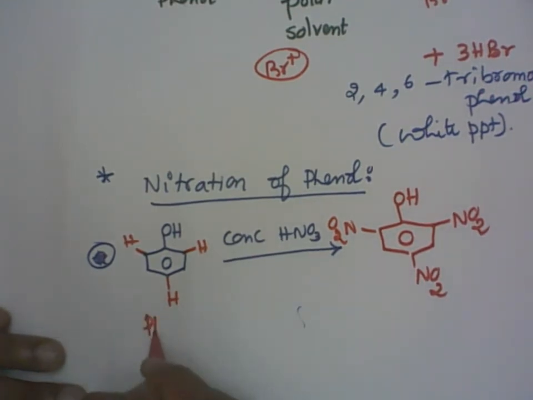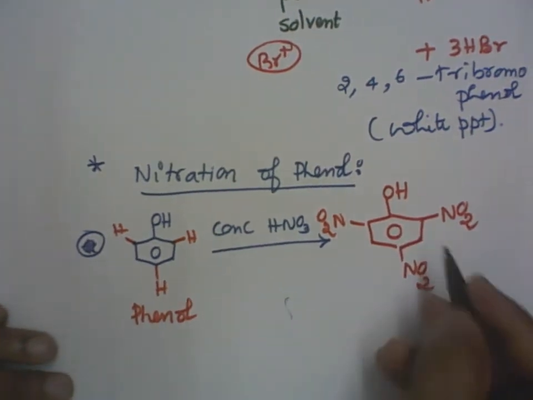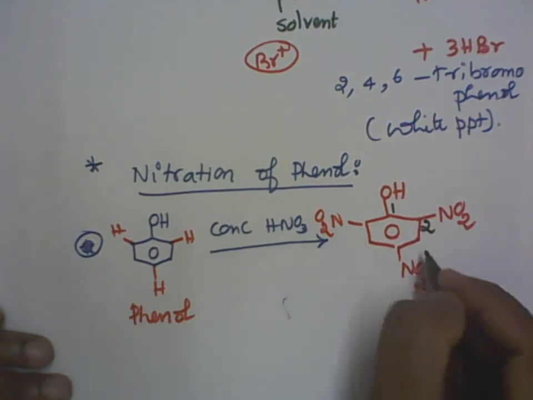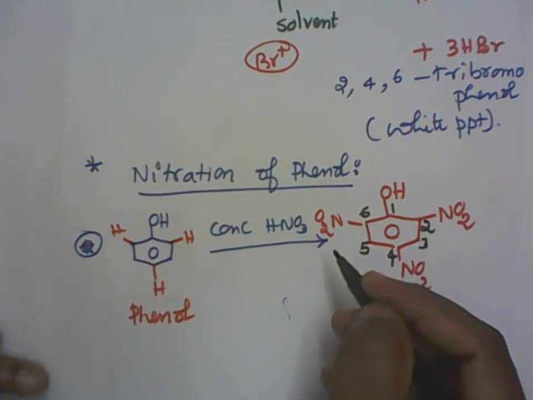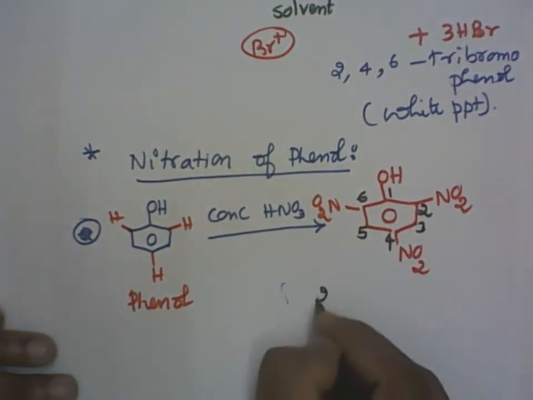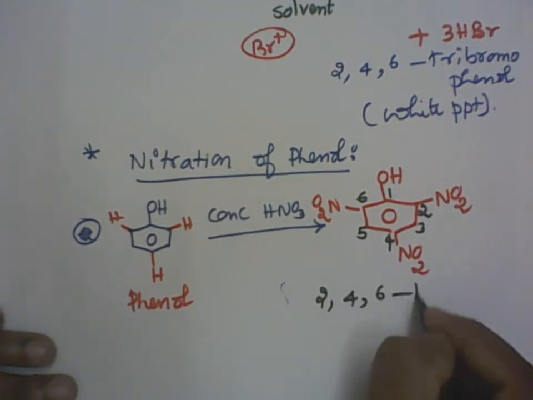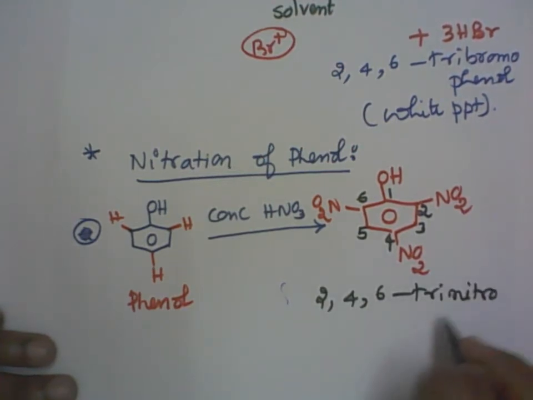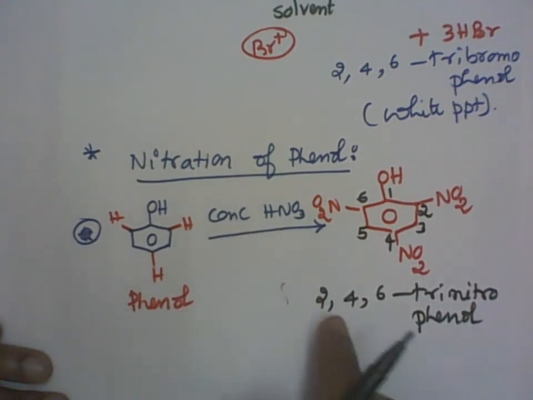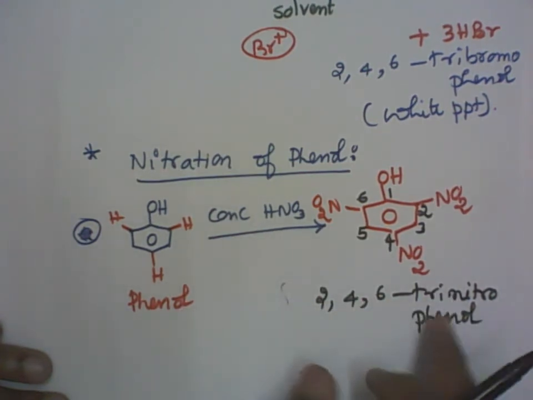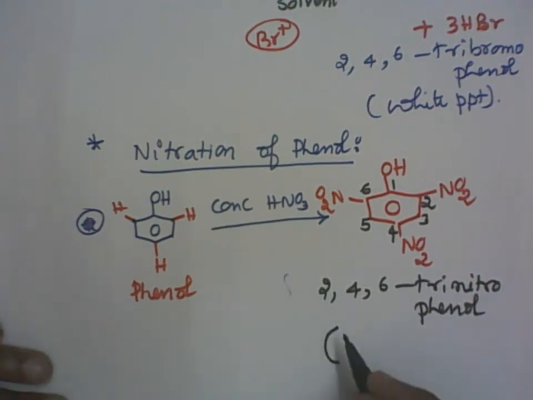Right? So this is phenol now. This is a phenol. Name this compound. We have carbon number 1, carbon number 2, carbon number 3, carbon number 4, carbon number 5, carbon number 6. Now this is called 2, 4, 6 trinitrophenol. Phenol reacts with concentrated nitric acid to give 2, 4, 6 trinitrophenol. Okay. Now, there is a common name for this. This is known as picric acid.